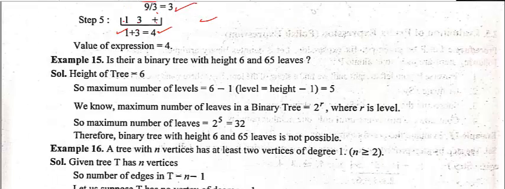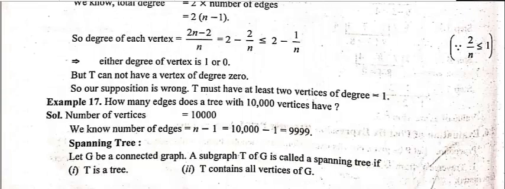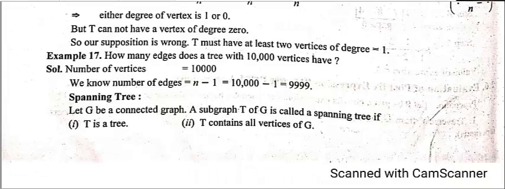So you have 1, then 9, 3, and then division. It means two operands and one operator: 9 divided by 3. Very simple. So 9 divided by 3 is 3, so you will put 3 here. So 1, 3 and plus, you will add: 1 plus 3 is equal to 4. So this is the way to process the binary tree. We have some more examples you can do yourself.